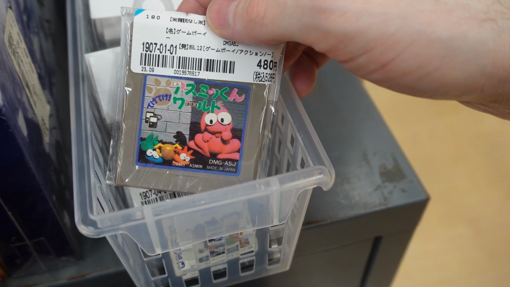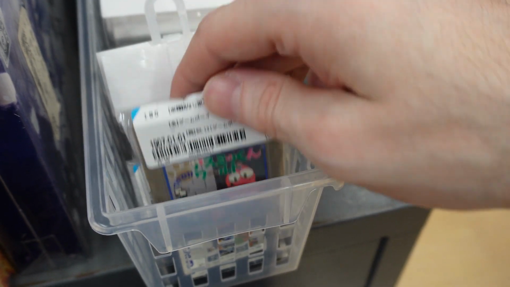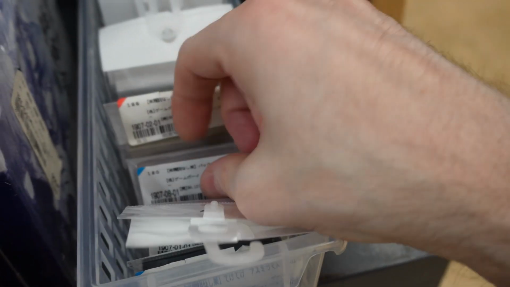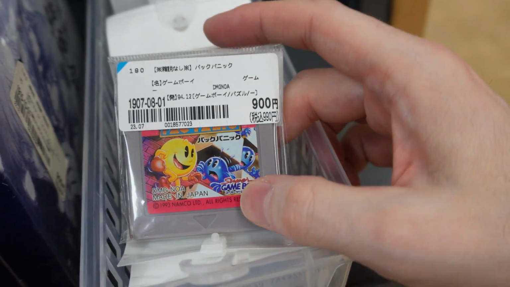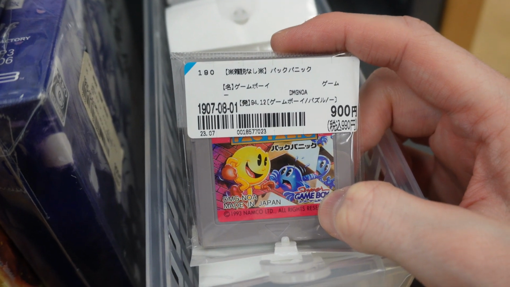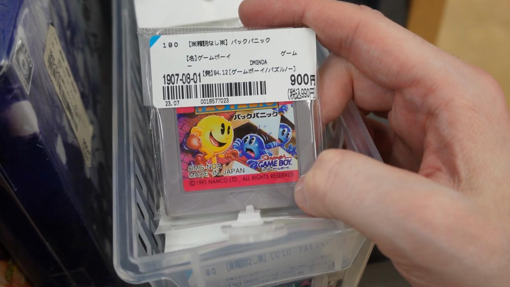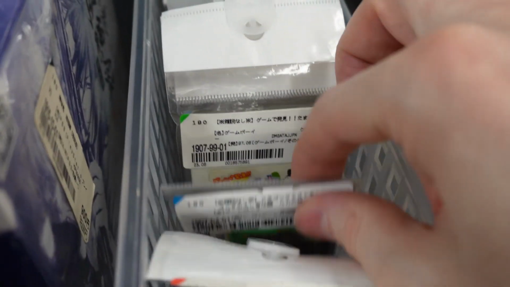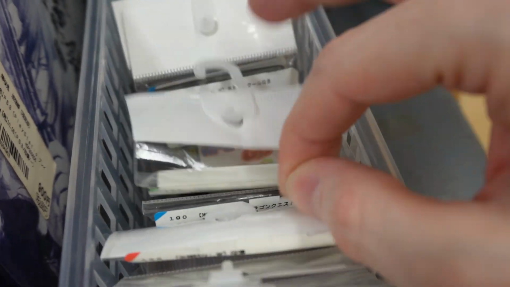What was it? Asmikun Warudo. Ooh, Pac-Man in Time. 900 yen. Dragon Ball Z. Ooh, what's this? Is that just regular old Pac-Man? Paku Panic. I have never come across that one before. This is a Japanese one. I've never seen that. There's Mahjong, Tamagotchi,